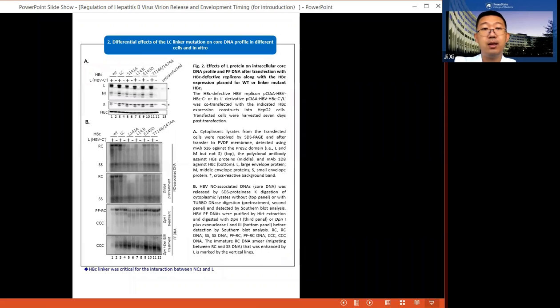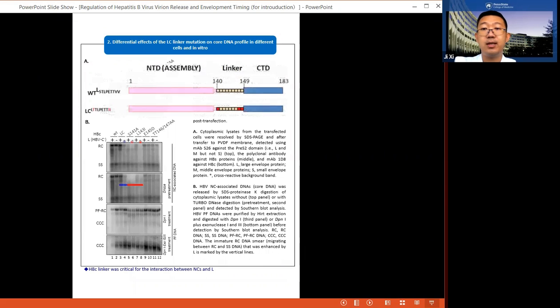In Figure 2, not only the unstable mature capsid, but the LC mutant, which had 3 site mutations on the HBC linker with stable mature capsid, also showed decreased levels of rcDNA in the absence of L protein expression, which should relate to the enhancement of nuclear input by the LC mutations. While the other 2 mature capsid stable mutants, E145D and AA, show no influence by the loss of L protein.